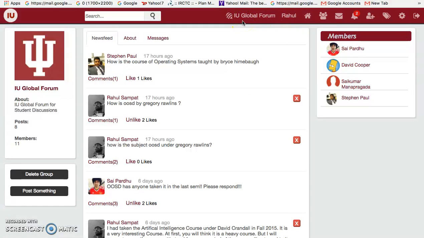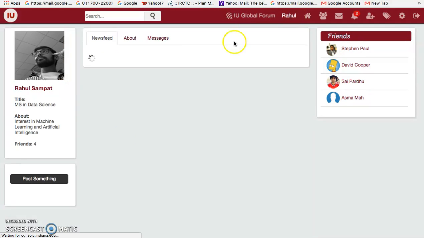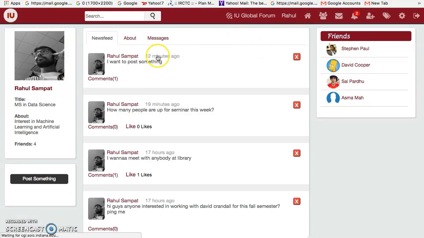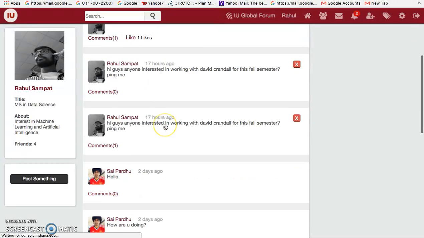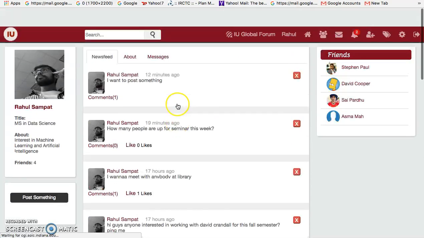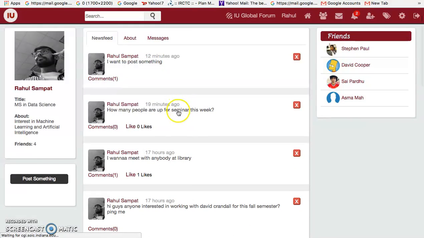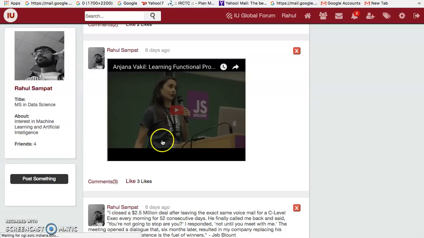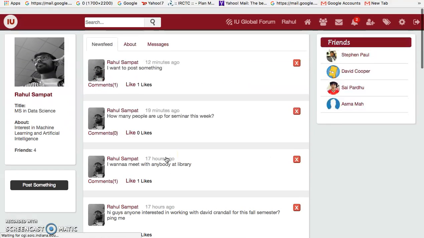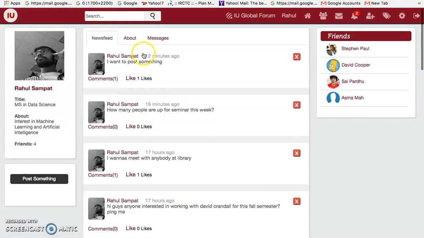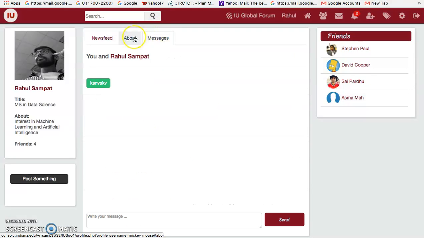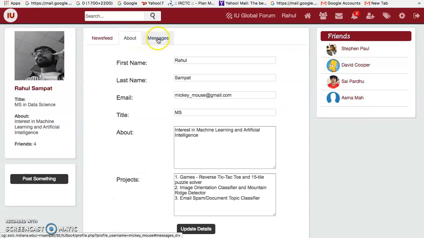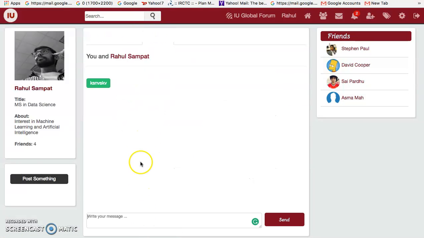And the new feature that I want to show you right now is the profile page itself. When I go here, I can see all the posts in my timeline. Every post that my friend made, every post that I made, I can see over here. I can post a video, text, or pictures, and I can see the messages between me and myself. If I want to store something between me and myself, I can store it here,